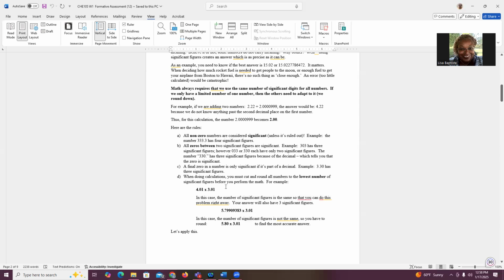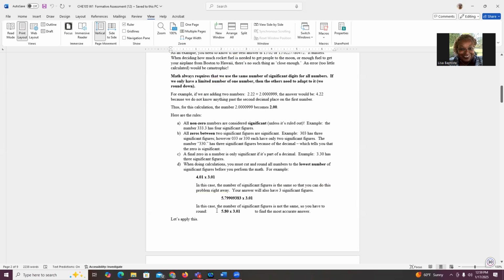When doing calculations, you must cut and round all numbers to the lowest number of significant figures. If you're doing multiplication or division, those are the two calculations that we do the most here in chemistry, then you count the number of significant figures for each number, and then you go with the lowest. Because 4.01 and 3.01 both have the same number of significant figures, which is 3, your final answer would have 3. But say, for example, you have